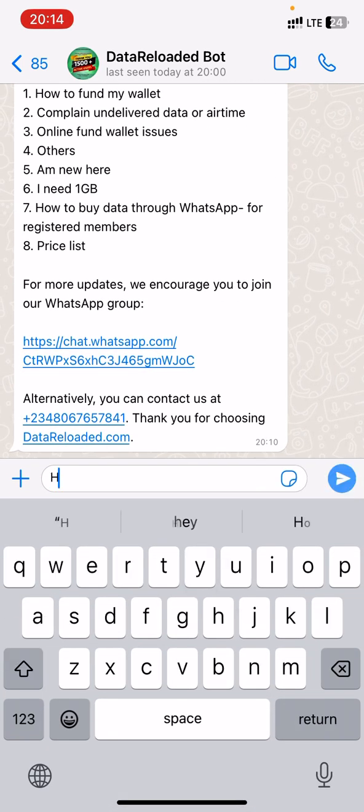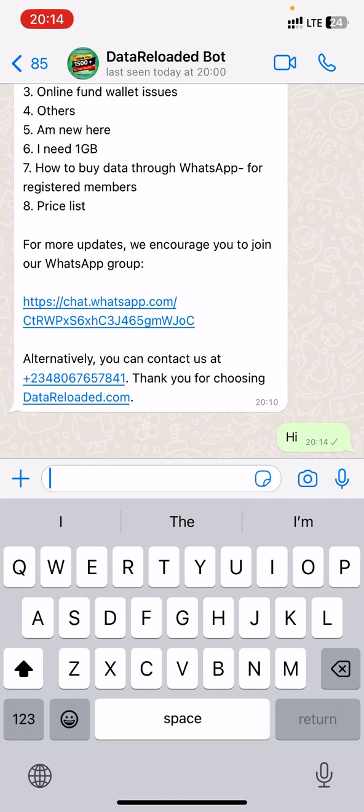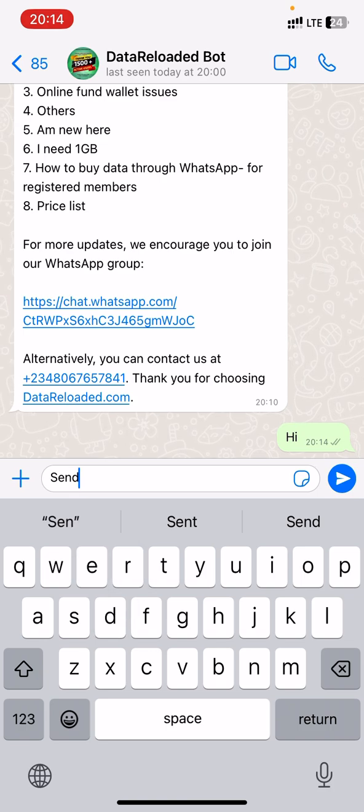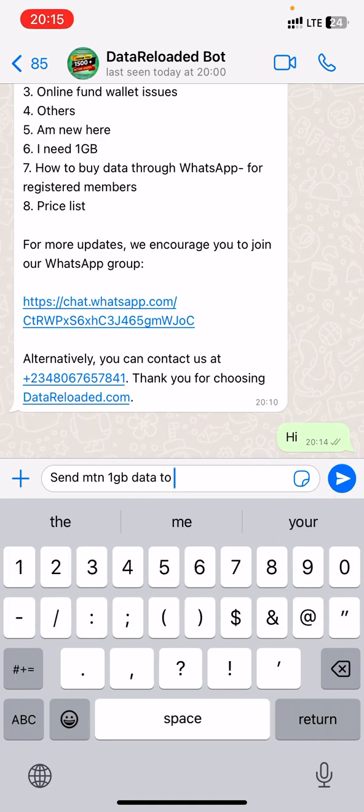You can just say hi. And if you want to go directly without saying hi, you can still go directly by saying send. Just command the bot by saying send. Then you enter the network. Let me just say MTN 1 gigabyte, for example, 1 gigabyte data. Then you enter the number you want to send the 1 gigabyte to. The number, let me just use